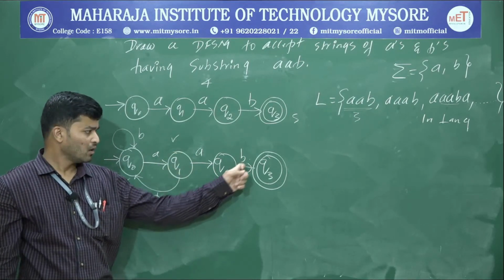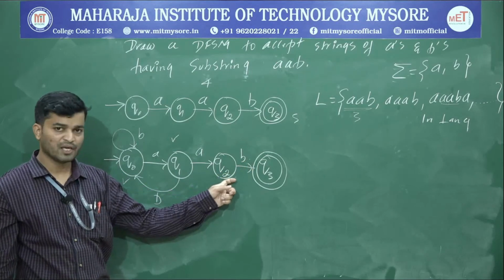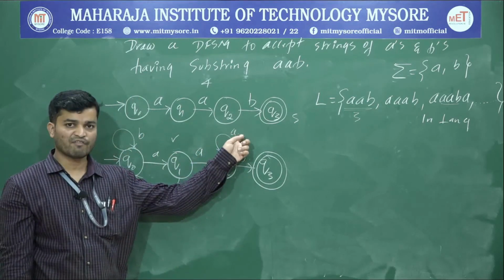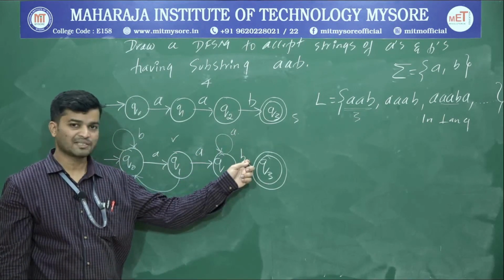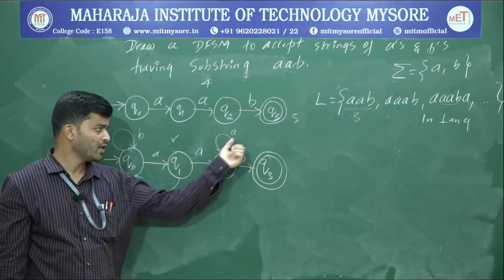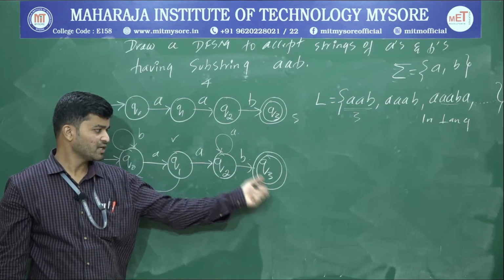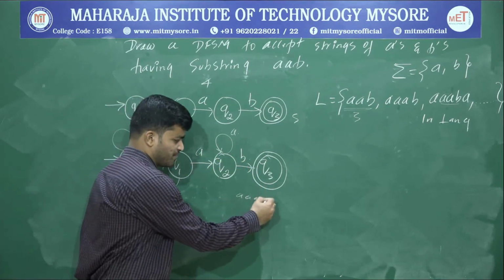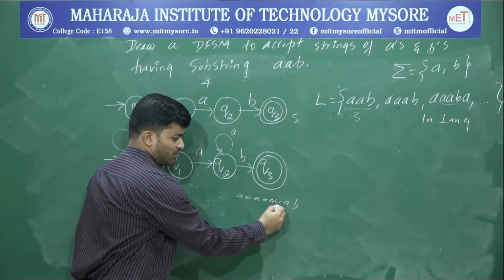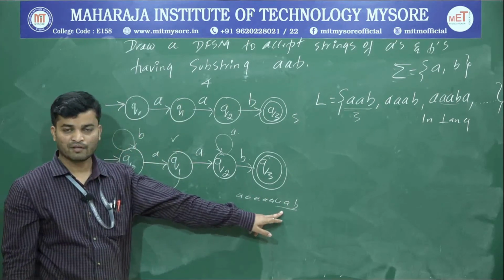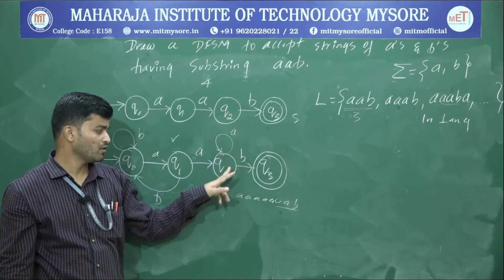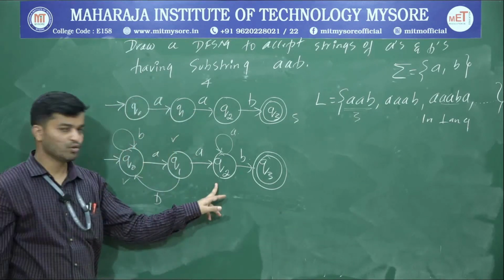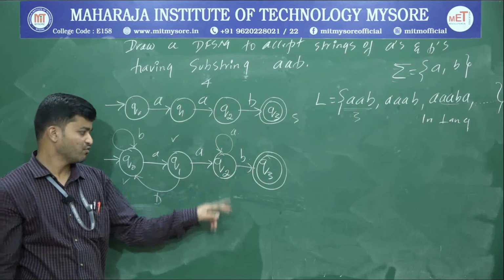Now go with Q2. Already there is a path for B. Now to give a path for A, if I write a loop, what will happen? 1A, 2A, n number of A's. Before going to the accepting state, it will accept 1B. N number of A's followed by 1B, so we have the substring AAB. Therefore that's a valid option. So a loop upon A for Q2 is valid. Now if you observe Q2, there is a path for A and a path for B. Therefore Q2 is also over.